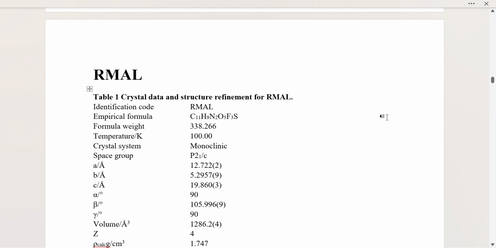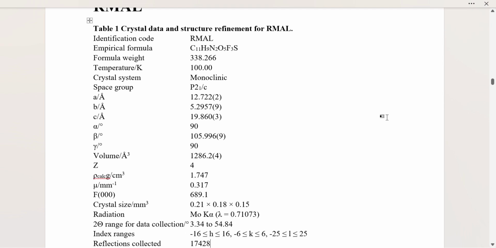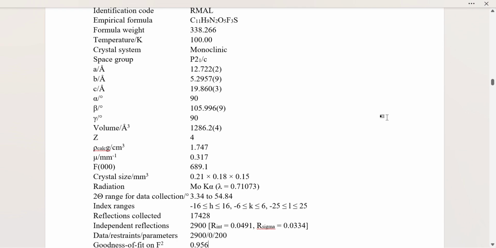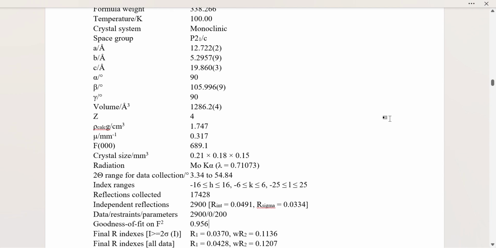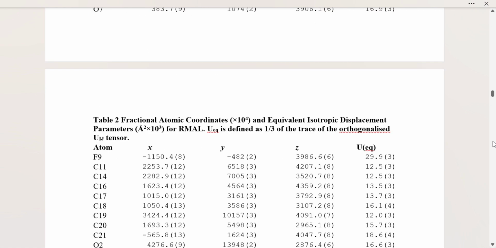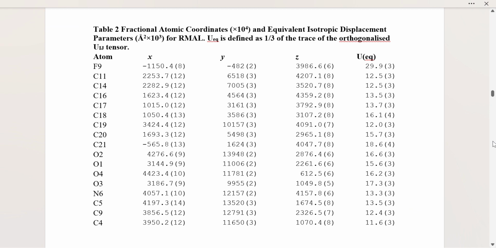This is the RMAL file table where we see A, B, C and alpha, beta, gamma of the particular crystal. And this is the atomic coordinates and displacement parameters.